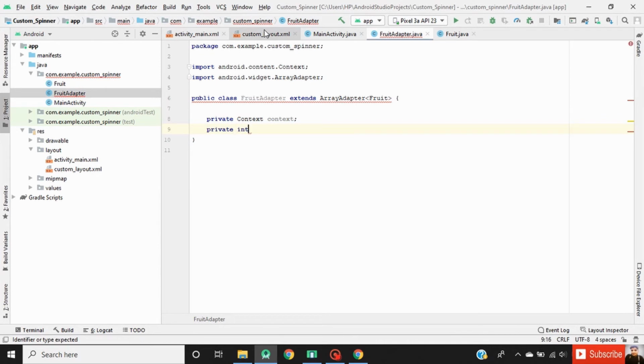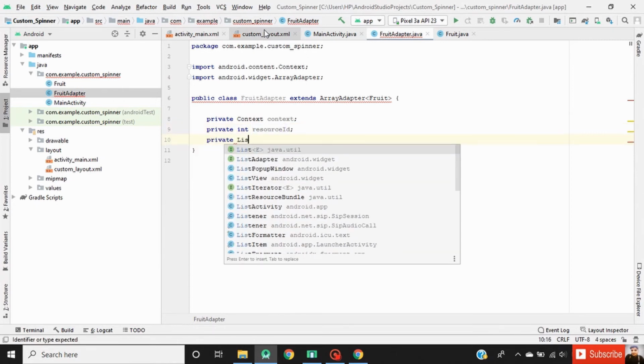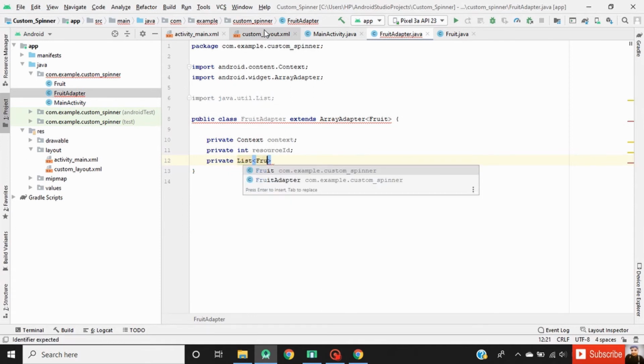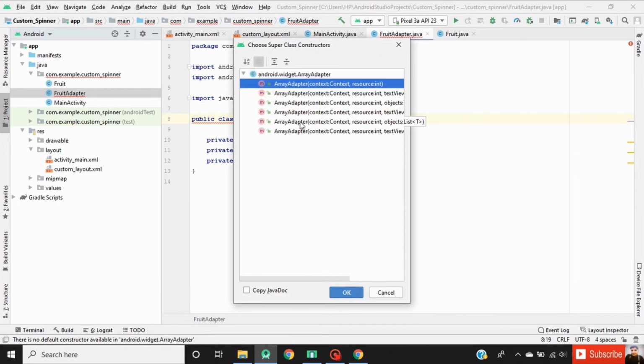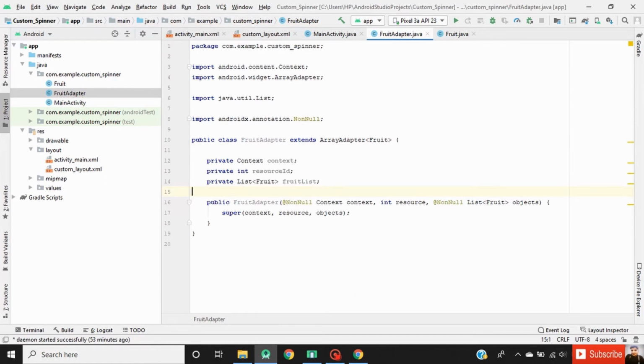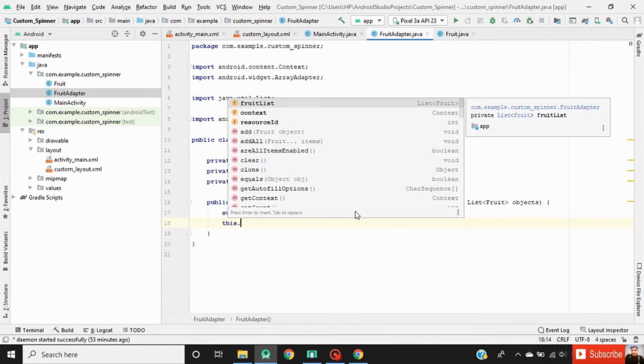Second one is an integer, name it resourceID. And third one is a list of Fruit class, name it fruitList. Now create a constructor for this class. Click on FruitAdapter and then click on the bulb. Select create constructor matching super, select the second last one and then click OK. Now initialize our variables.